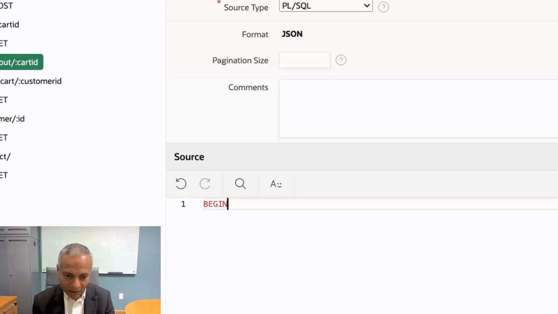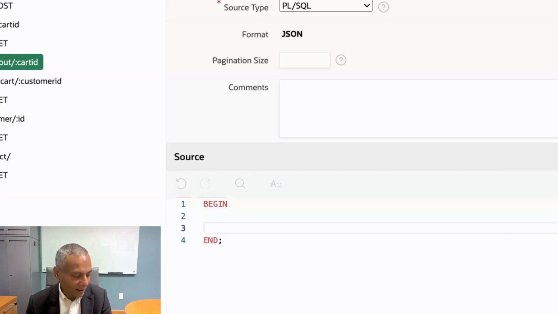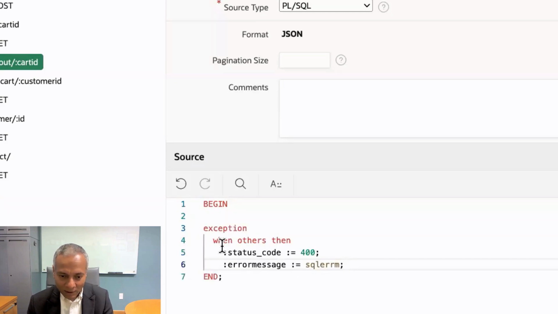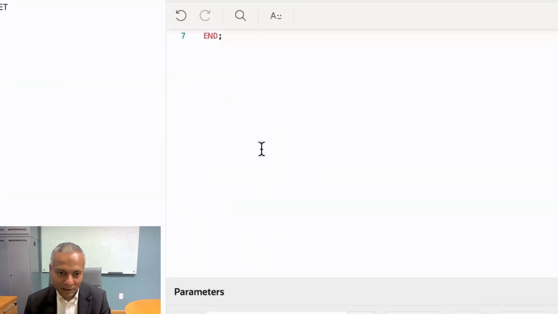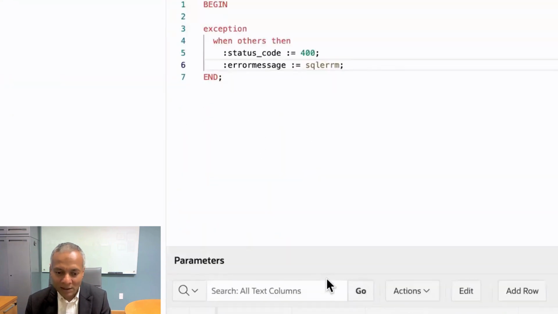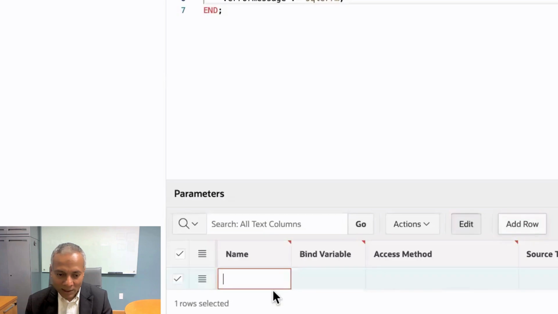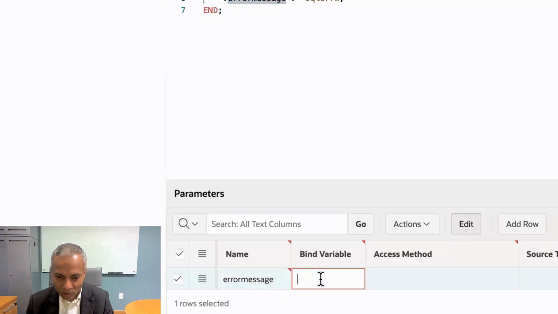So we'll say begin, end, and we will also do an exception because there are a lot of things that could go wrong in here. So same exception as before. We'll send back an error message. And again, just like before, if we're sending back an error message, we're going to add a row with that variable. So it goes back to our